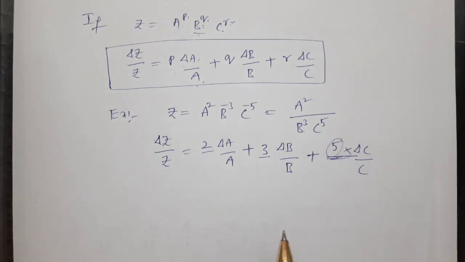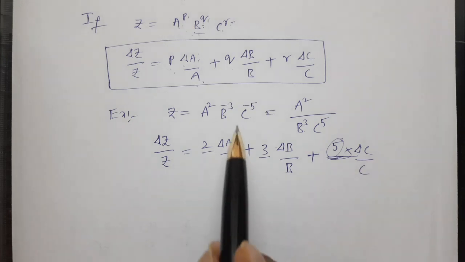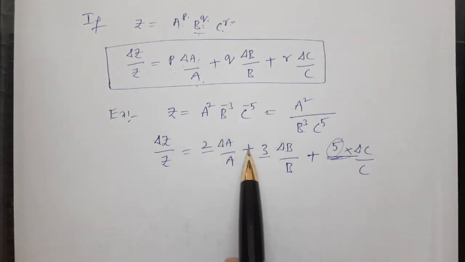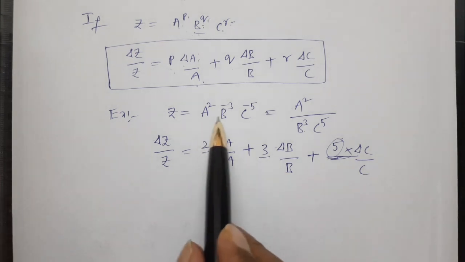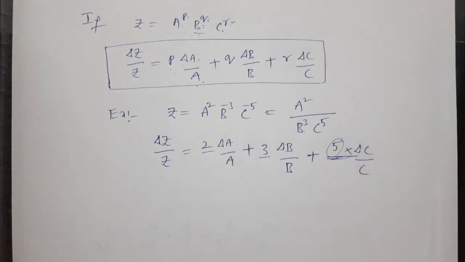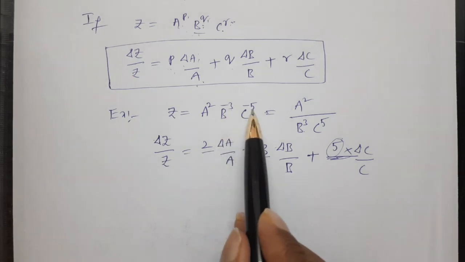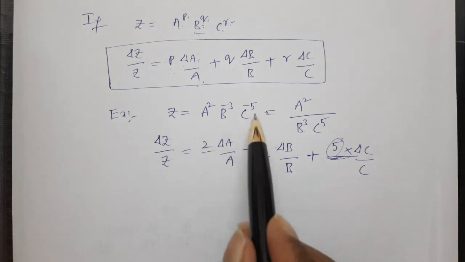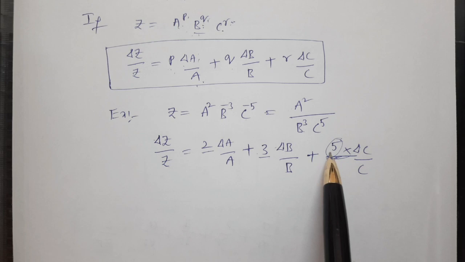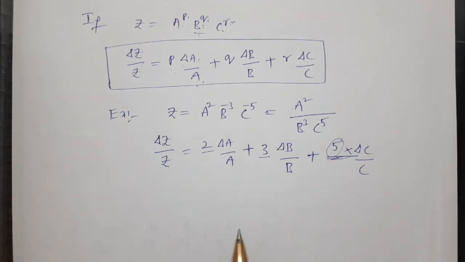And one more thing, error progresses. That means error always increases, isn't it? If we have a negative sign here, if we take a negative value, that means the overall value is decreasing. But remember, whenever we have more quantities, the error will be increased. Error will not be decreased. That is the reason why. So whether the values are negative or positive, whenever we find the relative error, these must be positive only. Here 3 and here plus 5, not minus 5. This is a very, very important point to remember.